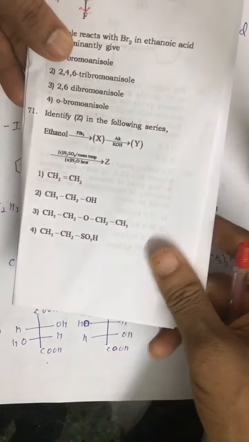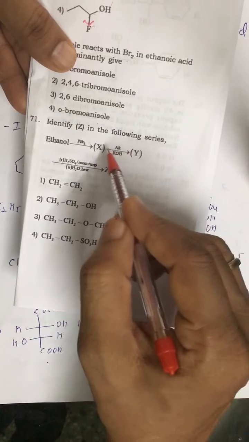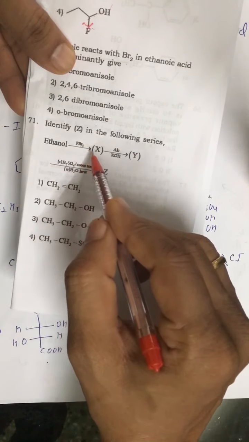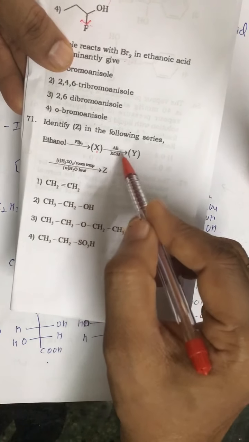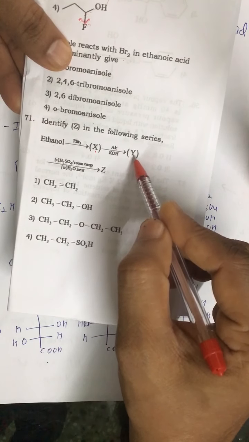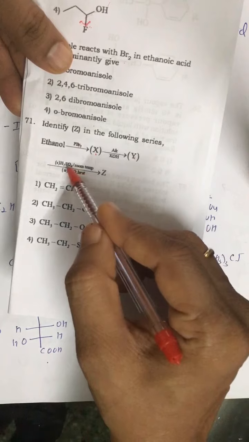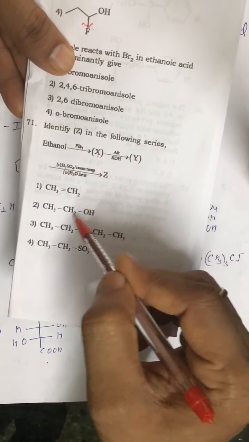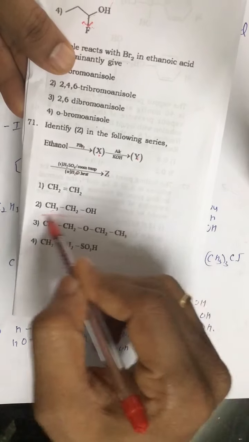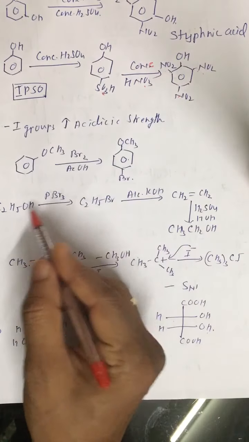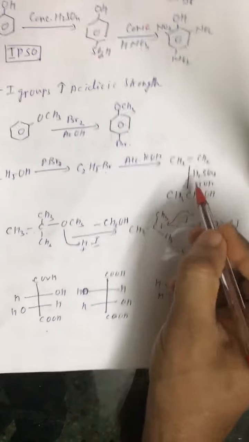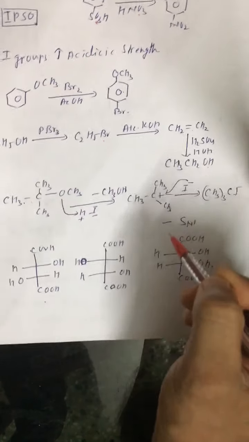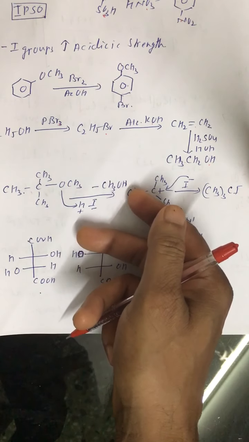Question number 71. Identify Z in the following. Ethanol is treated with PBr3, so it is bromoethane, C2H5Br. Then alcoholic KOH gives ethene, and then with H2SO4 and water it is again converted to ethanol. I don't think there is any problem. Second option, 71. Now look at 72. 72, we will discuss